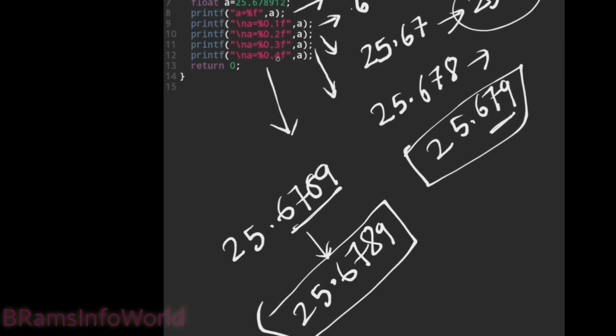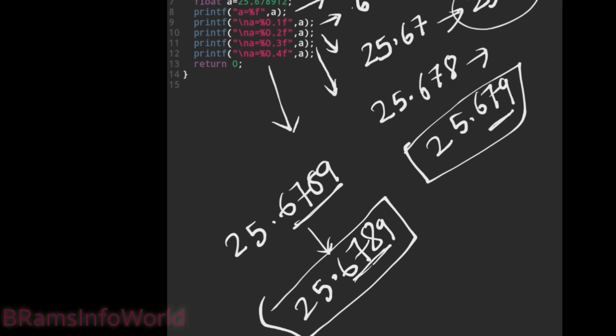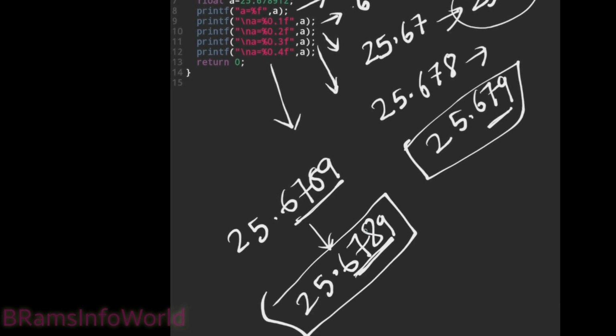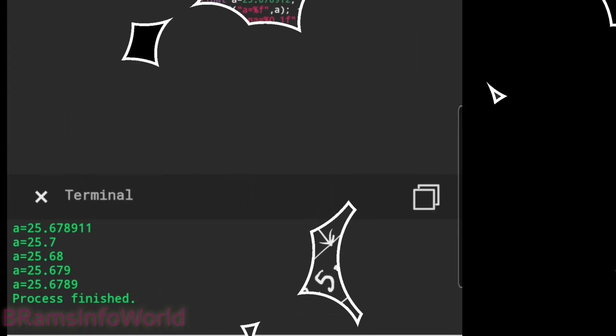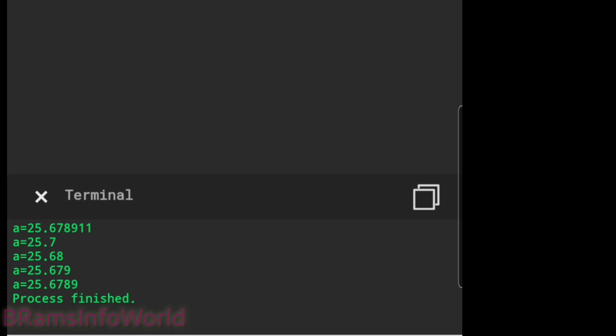Whatever value is defined after the point, that many decimals will be displayed, and the last digit is evaluated along with the next number. Let us execute the program. After compiling, the output will be like this. %0.1f means only 1 decimal, %0.2f means 2 decimals, %0.3f means 3 decimals, %0.4f means 4 decimals, but the last value is rounded. You have to observe that. This is the information about how to use %f, %0.nf and %d, %2d, etc.